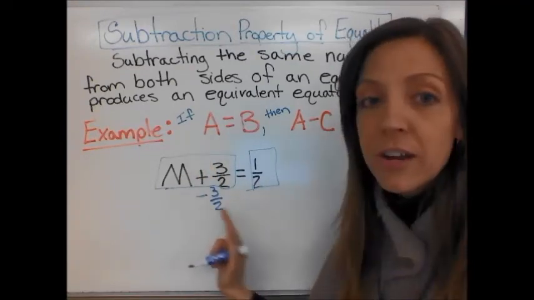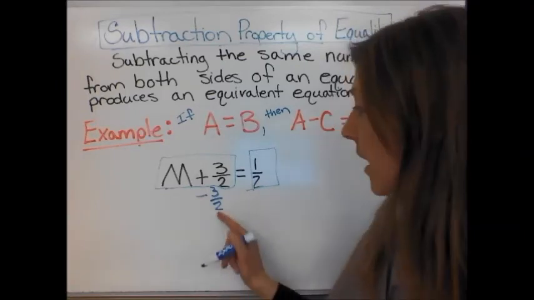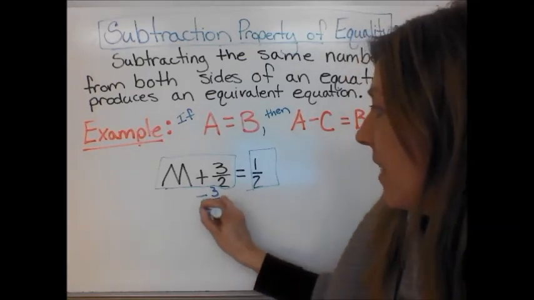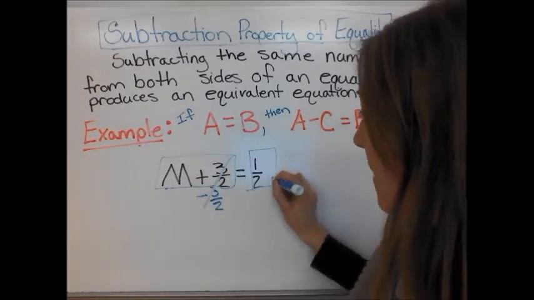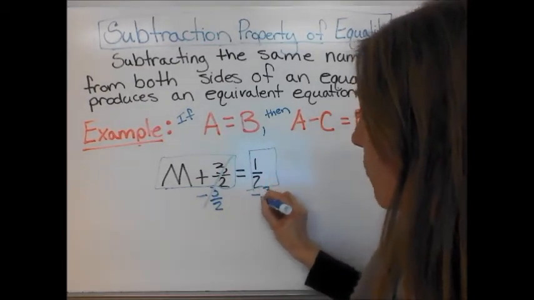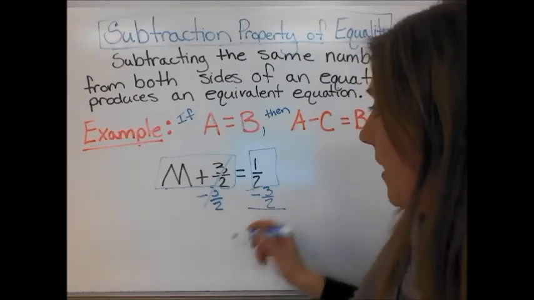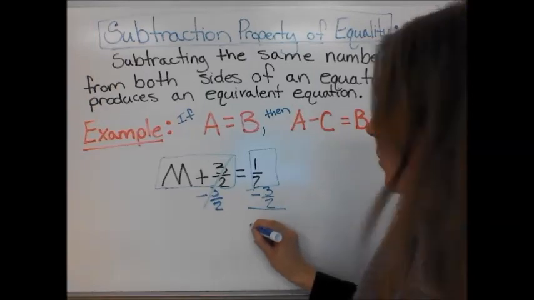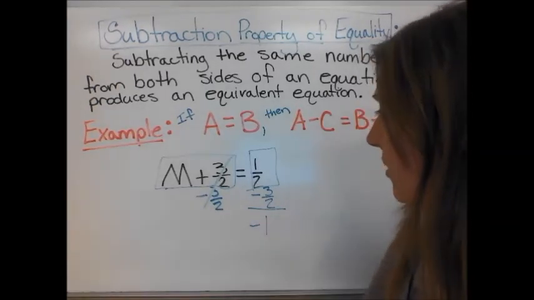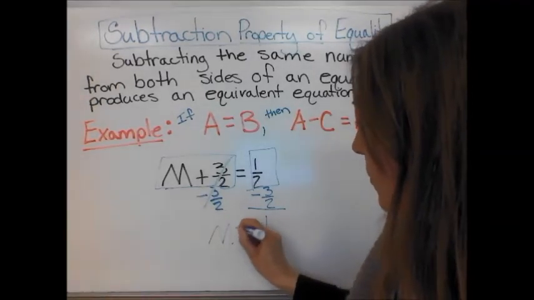So whatever I'm doing over here, I have to do over here. Okay, so negative 3/2, if I take it away, that's going to cancel out that 3/2. And then if I take 3/2 away from 1/2, I'm going to end up with negative 2/2, which is just negative 1. So m equals